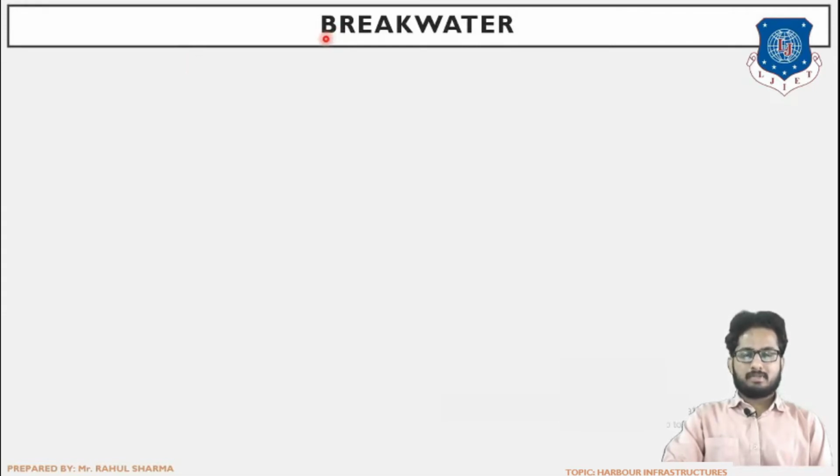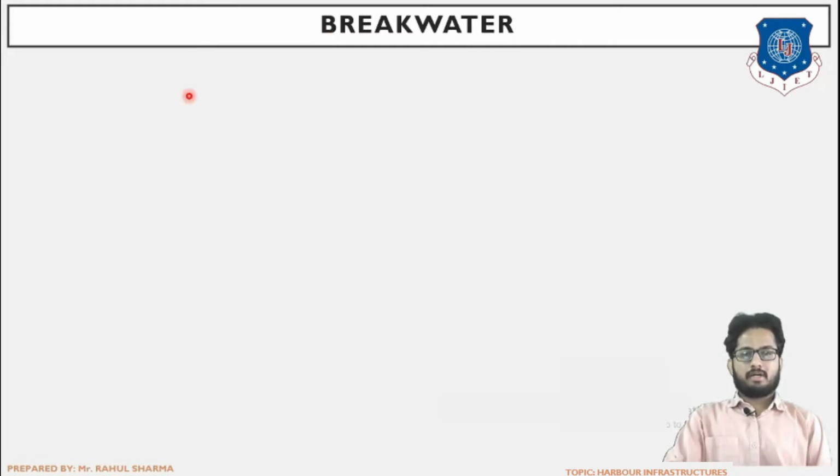Now in this chapter we will be studying each and every harbor component with the minutest detail. That is, there will be various sketches, we will be learning various types and further each and every aspect in detail. In previous sessions, in chapter number 2, we have studied the function or use of these harbor components. So now we will be beginning with the detailed study. And the first component which we will be studying in detail is breakwater.